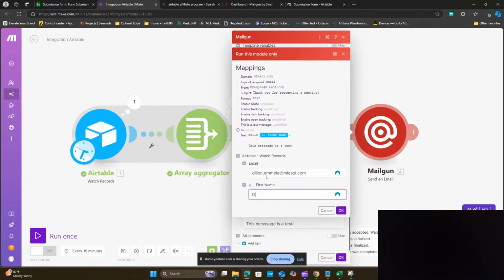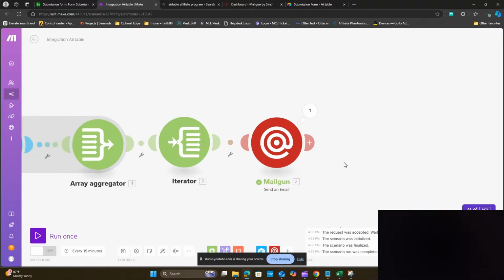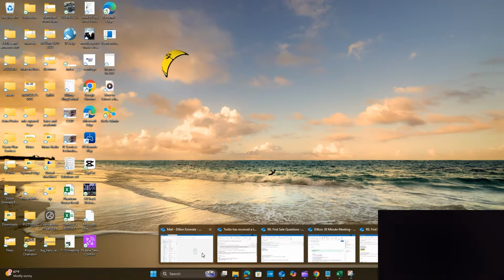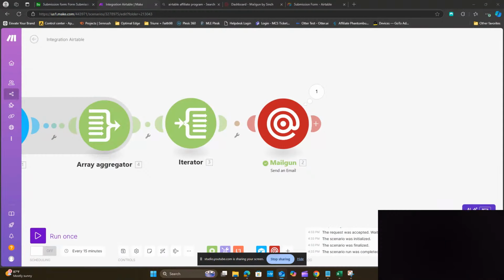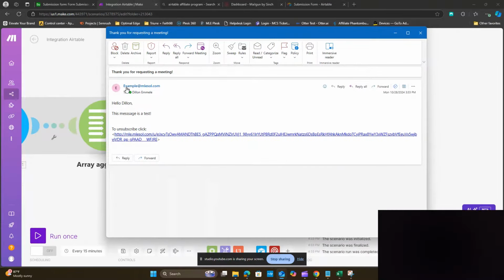And then here, we'll put in Dylan. So we'll press OK, and then we'll see that this request has been processed to send an email. Now, once this request has been processed, we should actually receive the email pretty quick. Let me look out for it real quick so I can show you guys. Yep. And just like that, we have received an email from